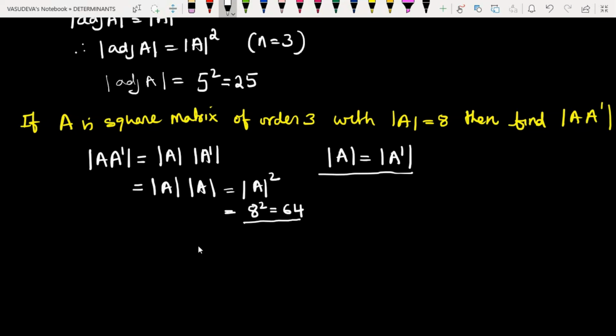You can work out similar problems given in the exercise of the textbook. Here I have done this from the examination point of view, because very important questions will be asked on the next unit, that is solution of simultaneous linear equations by matrix method. In those problems we need to find the inverse of the square matrix.